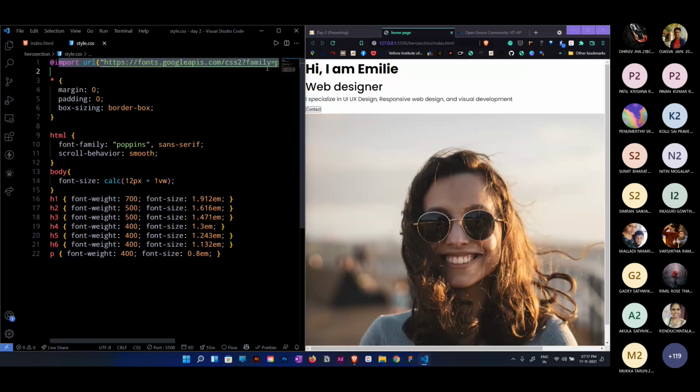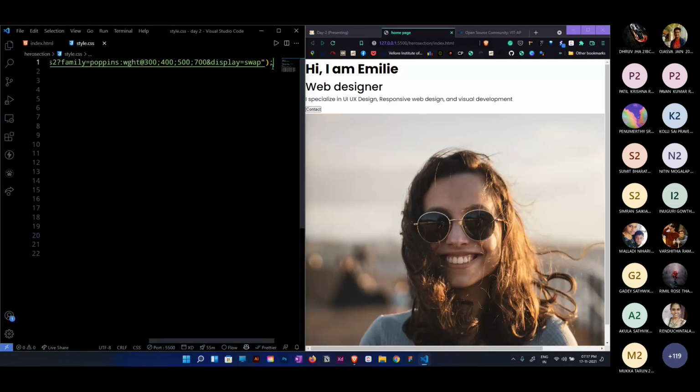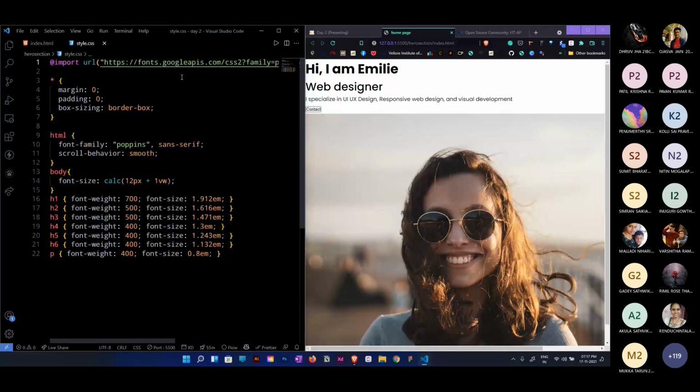The first line is just importing a font. I have already shown you yesterday how to import a font from Google Fonts. We go directly to Google Fonts and import it, and there will be a URL link to import. And these four lines, I was explaining yesterday, are the most important lines you need to mention for every website, because HTML and CSS give you some default margin and padding. You don't want them to disturb you, so you just mark them 0 initially. And box-sizing: border-box will help you with responsiveness while applying padding and all those things.